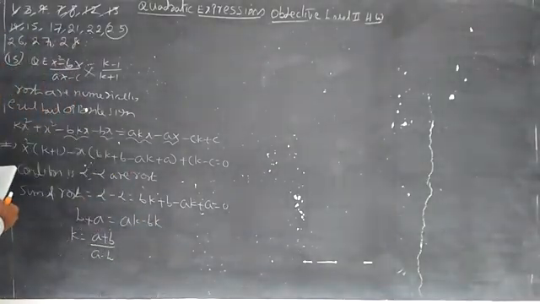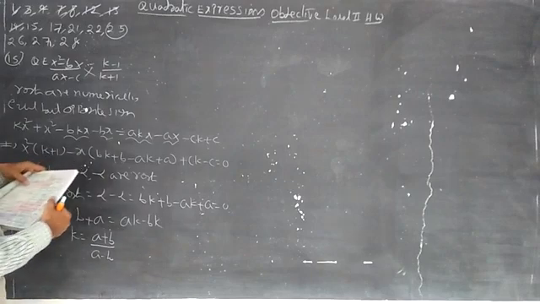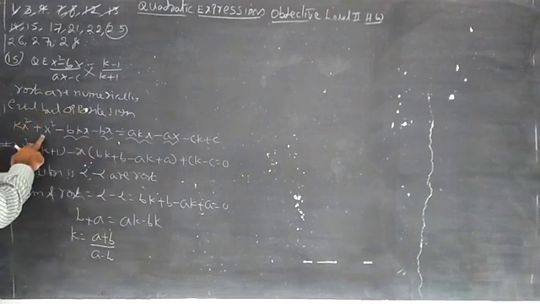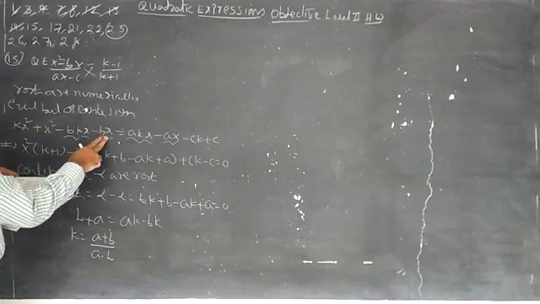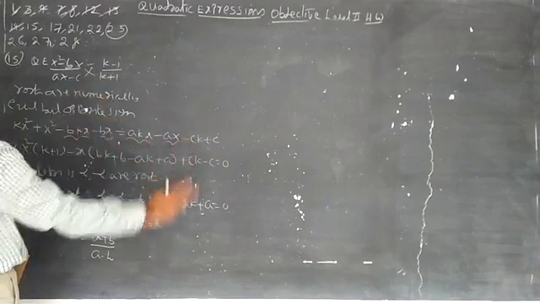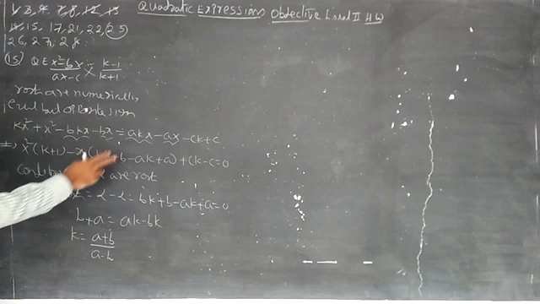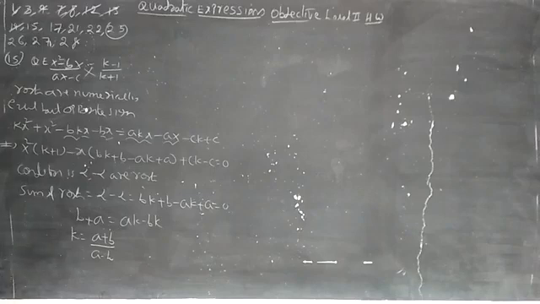Once more we can verify. x² − bx by ax − c is equal to (k − 1)/(k + 1). Kx² + x² − bkx − bx = akx − ax − ck + c. Until here it is okay. X² taken common, it is okay. K plus 1 also should be there, students, even though it is no need.